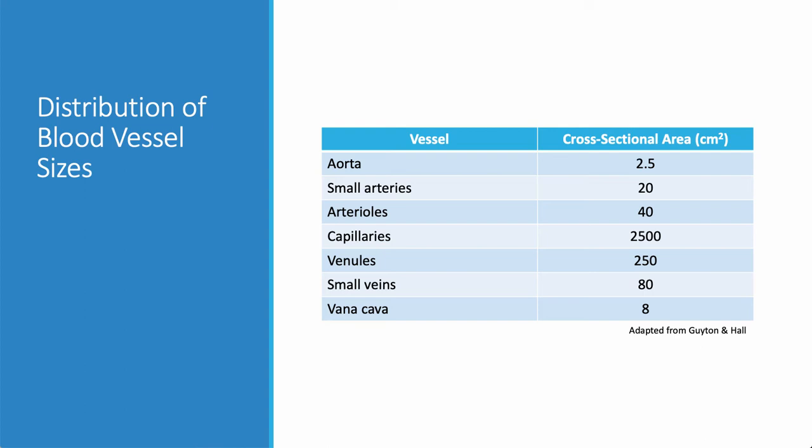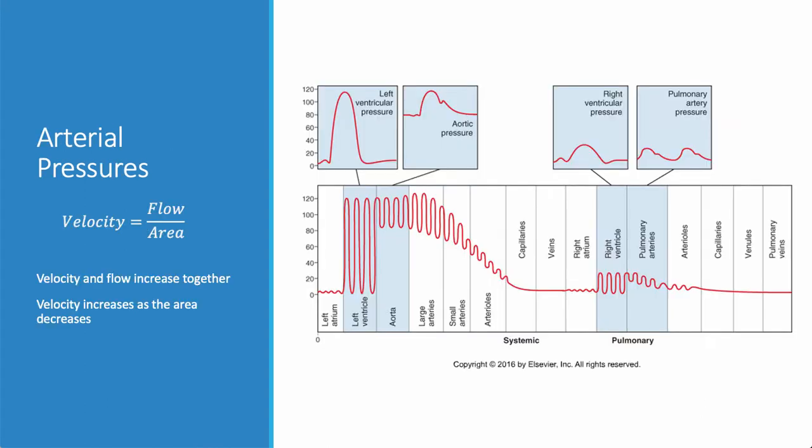Also, it's at a much lower pressure, right? In fact, the arterial pressures are the highest in the body. And as we get down to the capillary level, the pressure really falls off dramatically. The hydrostatic pressure, that is, the blood pressure. When we get to the capillary, other pressures are at work. Those are the oncotic pressure and the osmotic pressure. Those are the two pressures that work at the capillary level to move fluid and particles in and out of